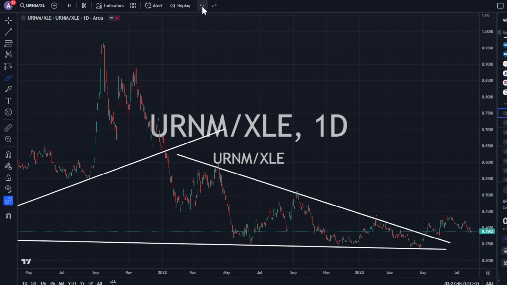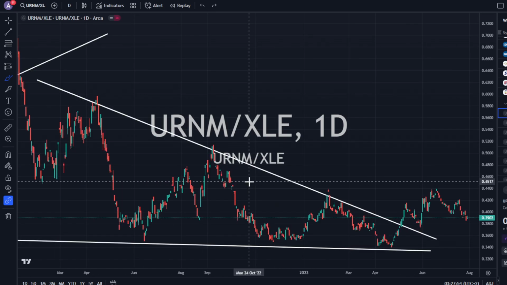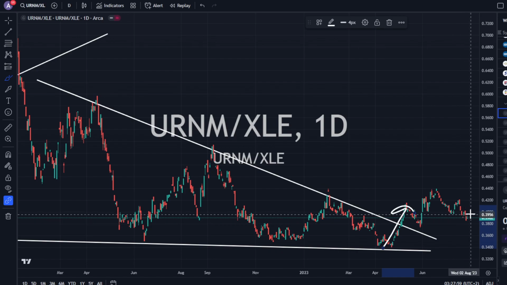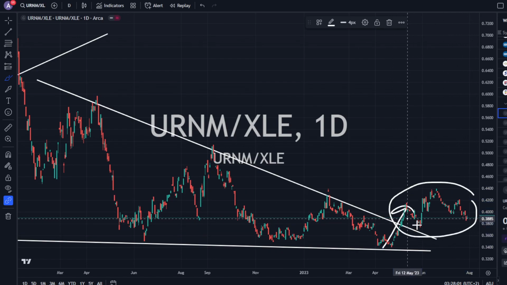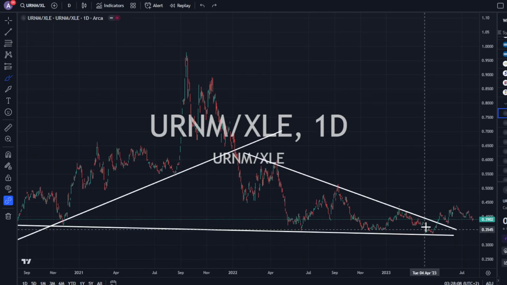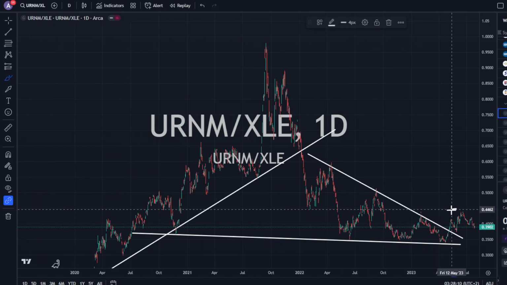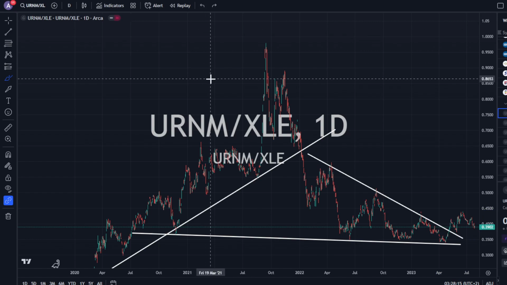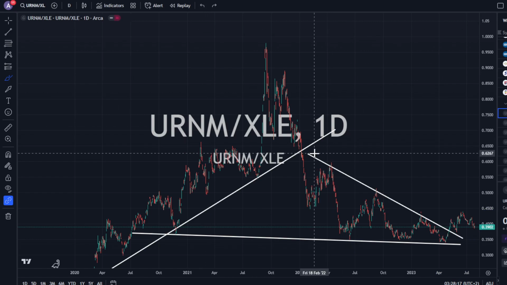And I know we've had a lot of strong performance out of XLE recently. I think that's probably going to change, and URNM is going to light back up. We've broken that trend. We've come back, and we're kind of doing this sideways retest. I don't know what you call it. This here is actually still bullish for uranium, URNM. So this is where I would be picking up URNM, and URNM could outperform XLE here. I know that sounds weird.